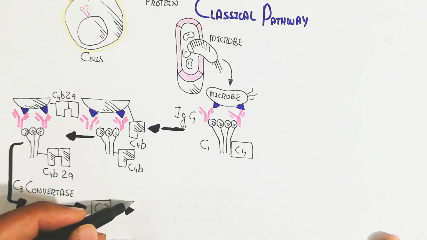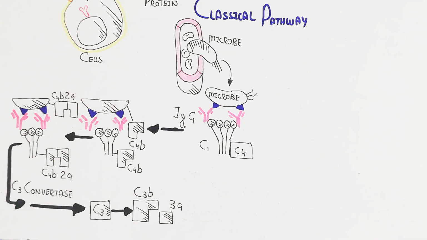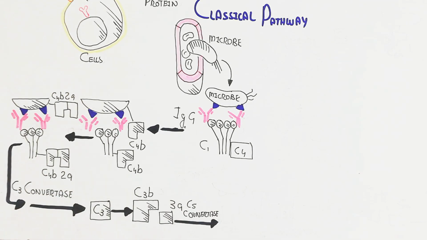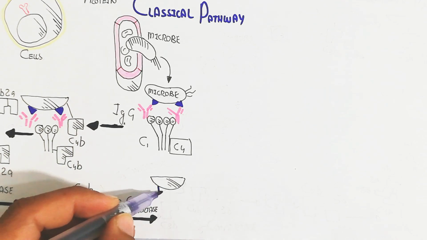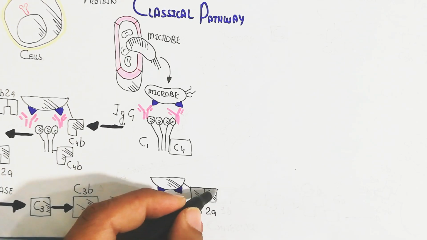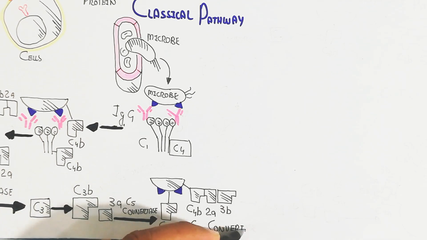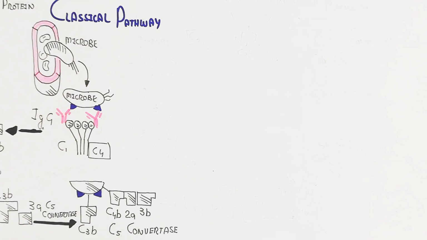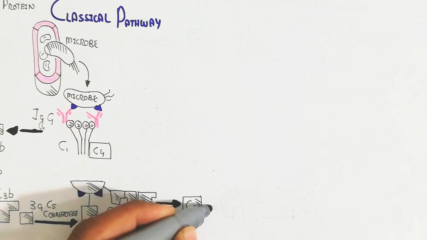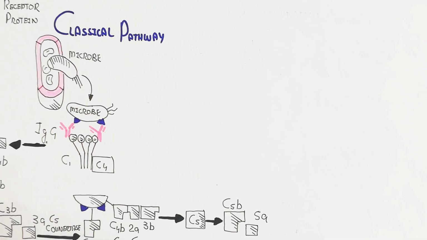Here the C3 convertase will cleave the C3 protein into C3b and C3A. So the C5 convertase enzyme also goes on further. Let's begin to understand. Here you can see, I am drawing again, the C4b and C2A already bound will also attach with the C3b due to the fragmentation of the C3A, and in this way the complex will be formed. After this, a C5 convertase enzyme is used to fragment C5 into C5b and